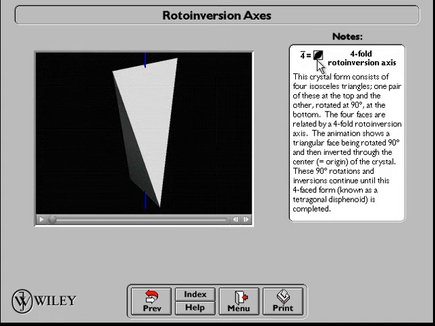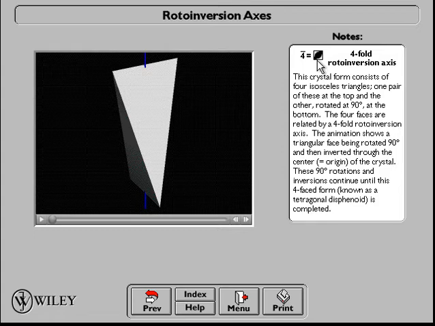This crystal form consists of 4 isosceles triangles. One pair of these at the top and the other rotated by 90 degrees at the bottom. The 4 faces are related by a 4-fold roto-inversion axis. The animation shows a triangular face being rotated 90 degrees and then inverted through the center origin of the crystal. The 90-degree rotation and the inversion continue until this four-faced form